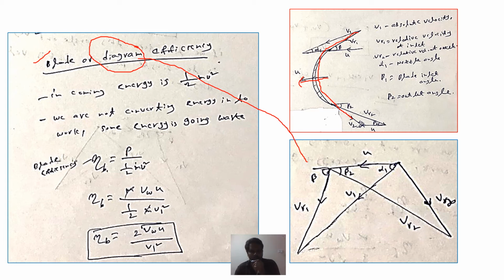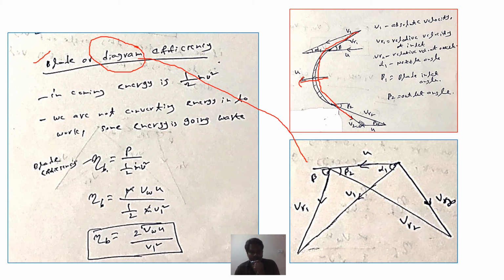Coming to input, input is half mv square, because the steam is coming from the nozzle. In the nozzle, potential energy is converting into kinetic energy. So with that velocity, the kinetic energy, the steam enters the blade. So the initial input is half mv square, that is kinetic energy. Okay. So here